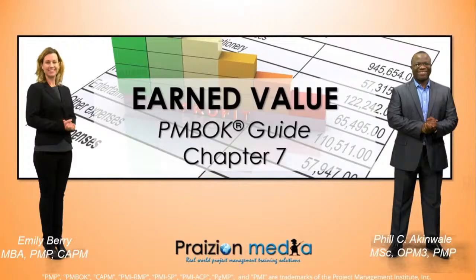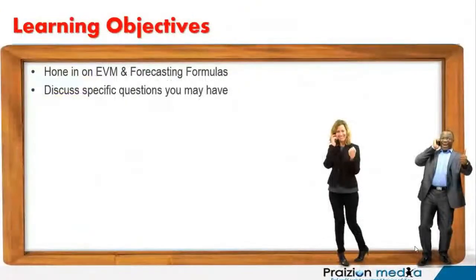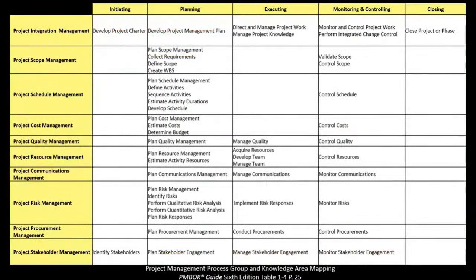All right. Well, let us talk about some of this overarching stuff that I mentioned in the beginning. Devon chatted in, EVM is king, earned value is king. So why don't we take a look at some of these concepts? Our major objectives, as you probably already guessed, are to hone in on earned value management, talk about forecasting, talk about formulas, and any specific questions you have.